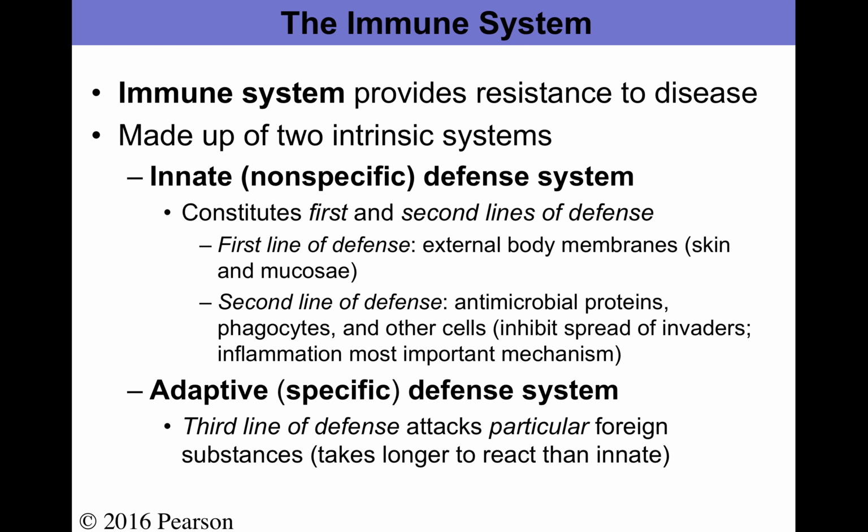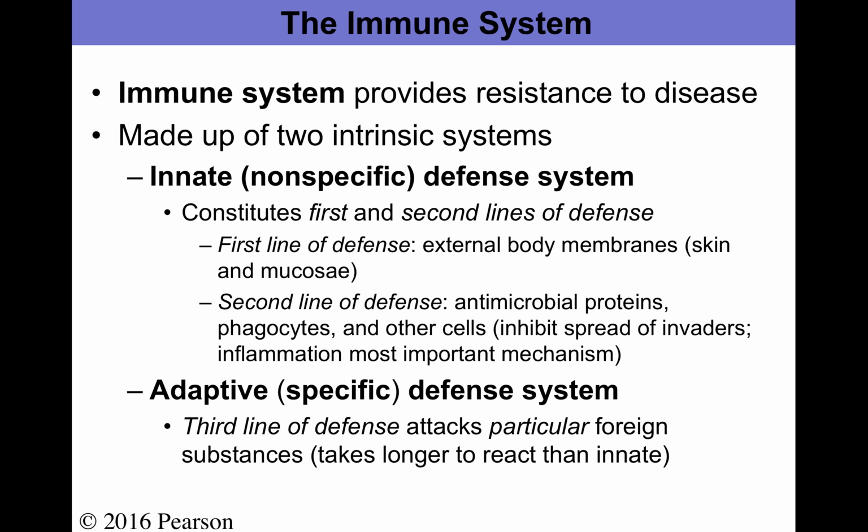Now, moving on from the organs of the lymphatic system, we're going to be talking about the two main categories of defense or immune responses that are created in your body. The second one that we have listed here, known as adaptive, we already mentioned briefly. Adaptive is also known as a specific defense system. It is a very particular immunity that targets a very specific antigen, and it takes a longer process compared to